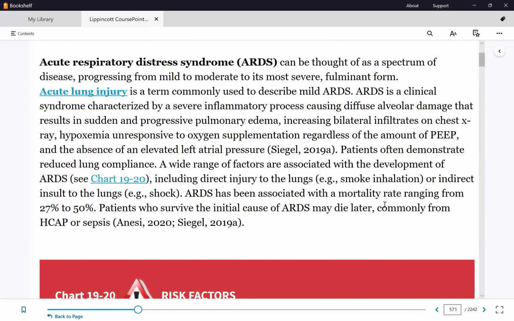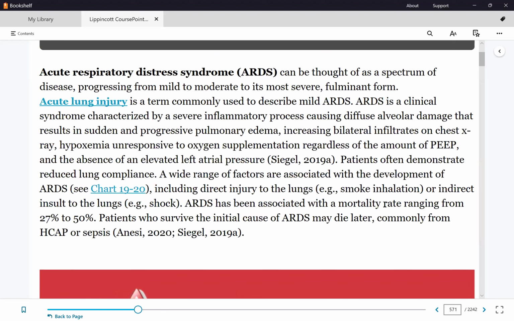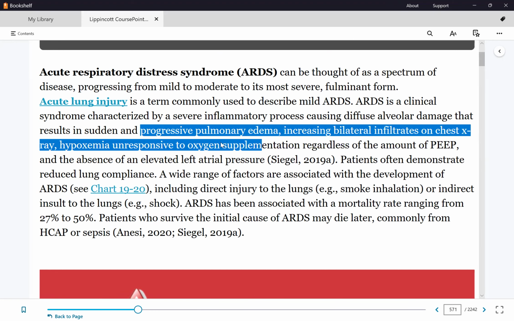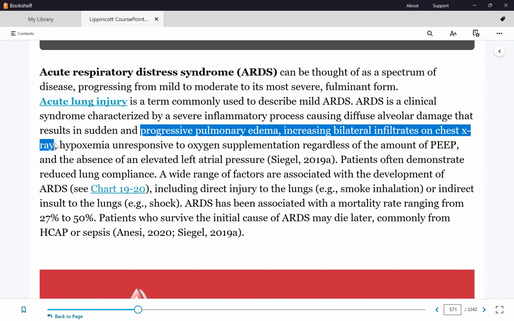So we know the patient is in respiratory failure. We know there is refractory hypoxemia. Now on X-ray, there will be pulmonary edema with infiltrates on one or both lungs. Now,